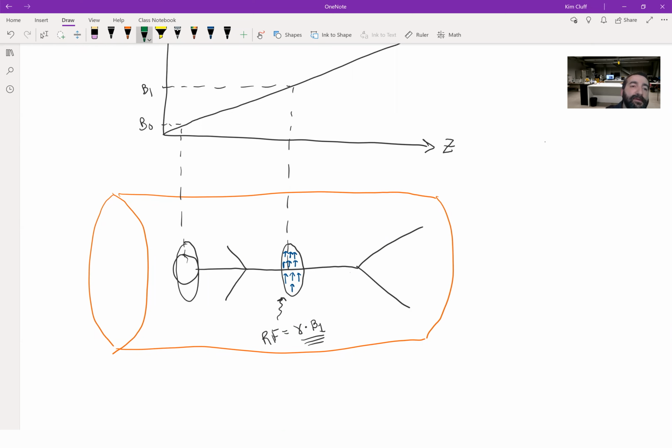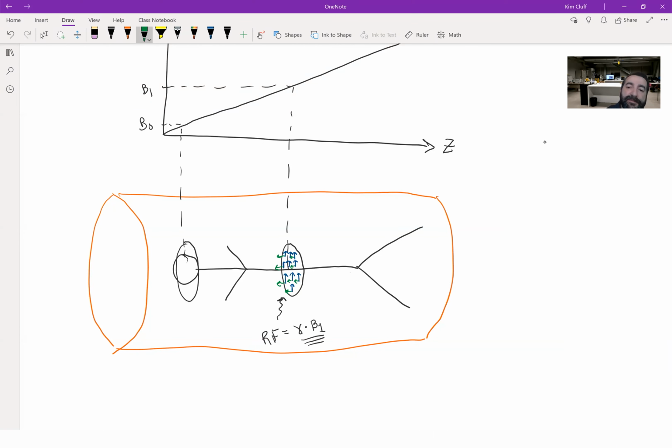And all of the hydrogen atoms will get tipped on their axis because they absorb that energy. Okay. And then if we turn off the RF pulse,